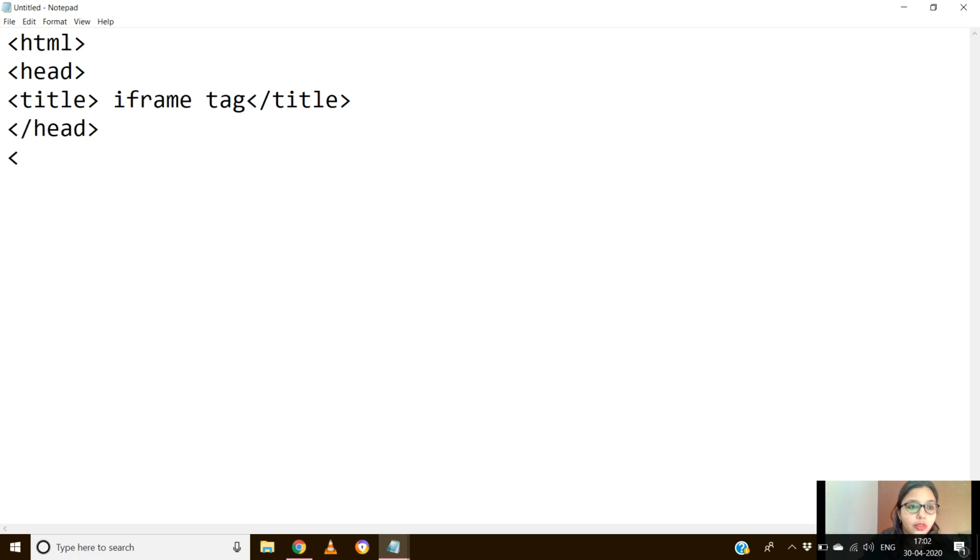After this, I'll be starting my body section. In this, I'll be using the iframe tag. iframe src equals to, now here you can either give the URL of any website, google.com, like that, or you can insert another HTML document which you have already created.